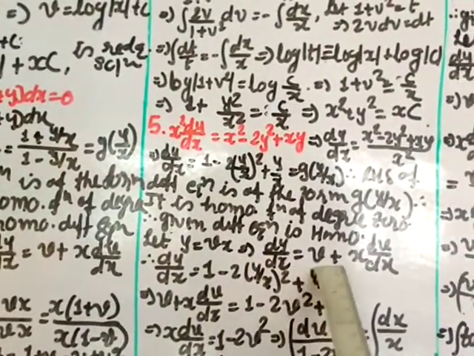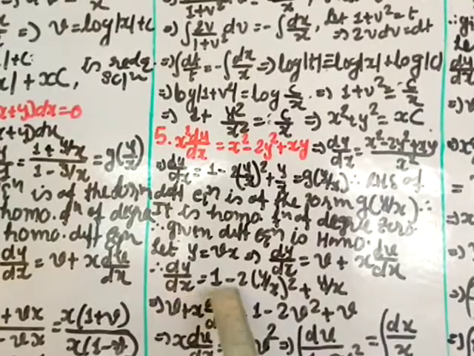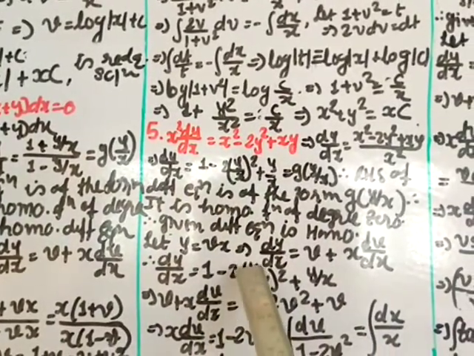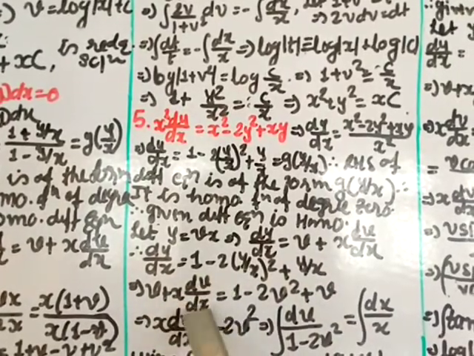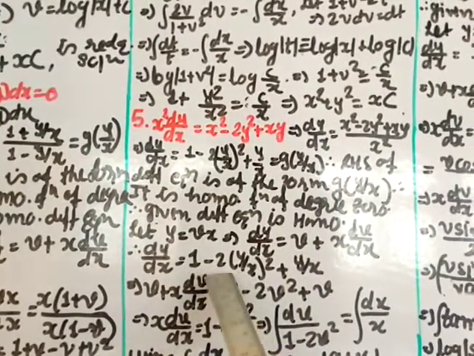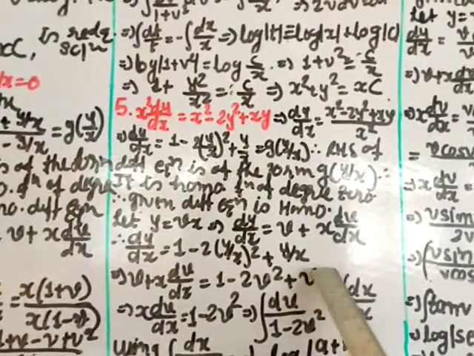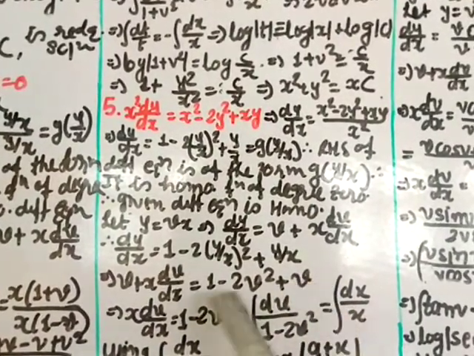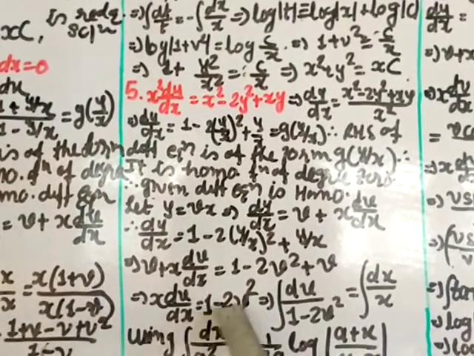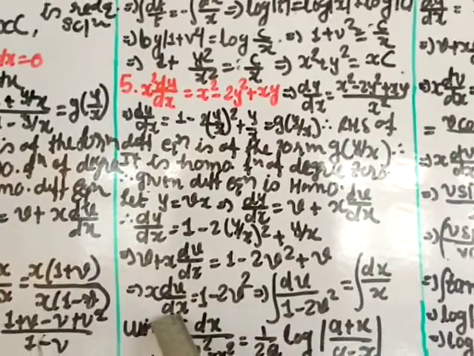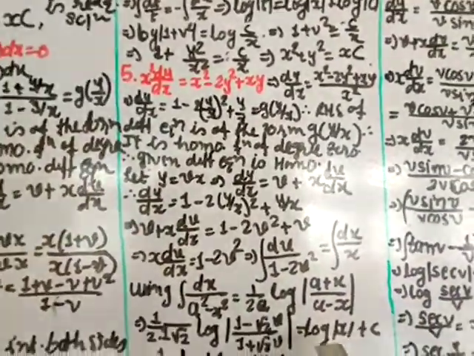Differentiate, so dy by dx is equal to v plus x dv by dx. Okay, let us put the value here. So dy by dx, I am just writing this first, 1 minus 2 y by x whole square plus y by x. Dy by dx is v plus x dv by dx equal to 1 minus 2 v square plus v. This v you transfer here, so minus v and plus v cut. So here remains 1 minus 2v square. Now separate the variables and integrate. So 1 minus 2v square you transfer here, it will go in the denominator. dx you transfer, it will go in the numerator, and x will come in the denominator, integrating both the sides.